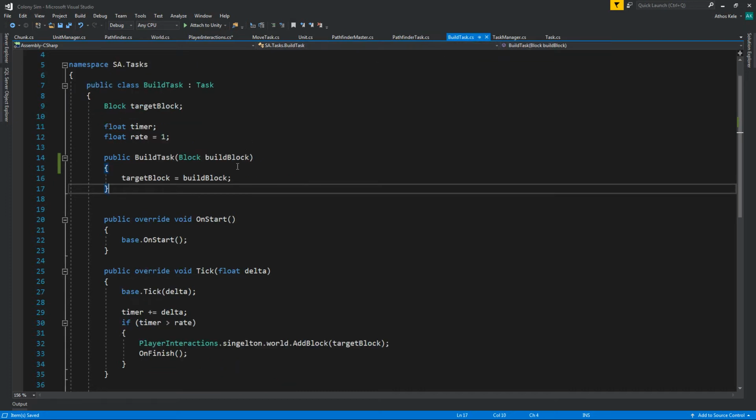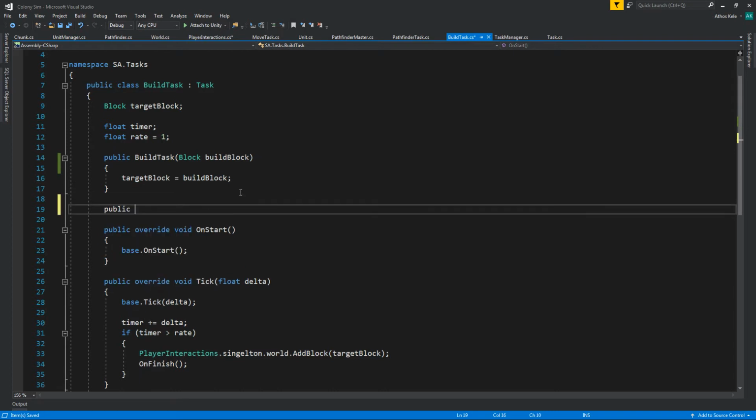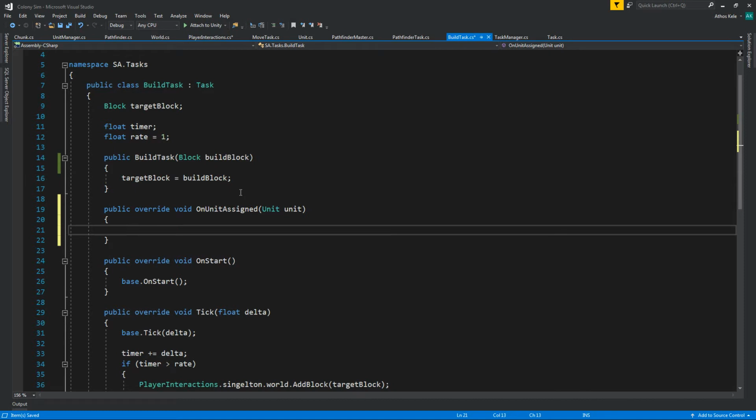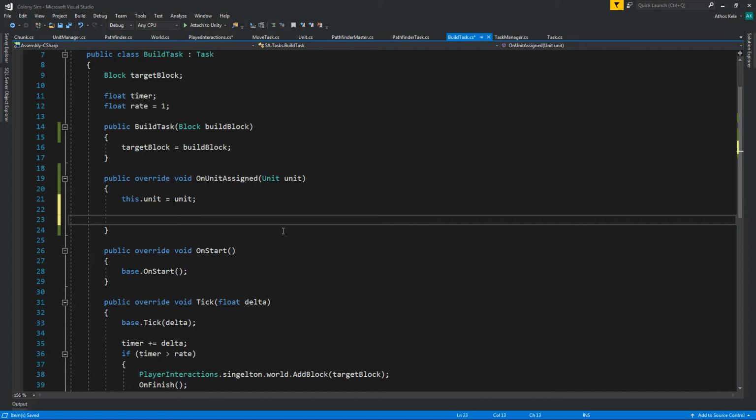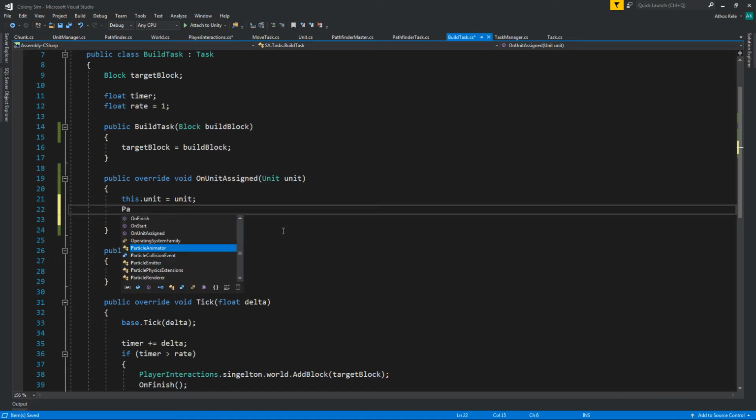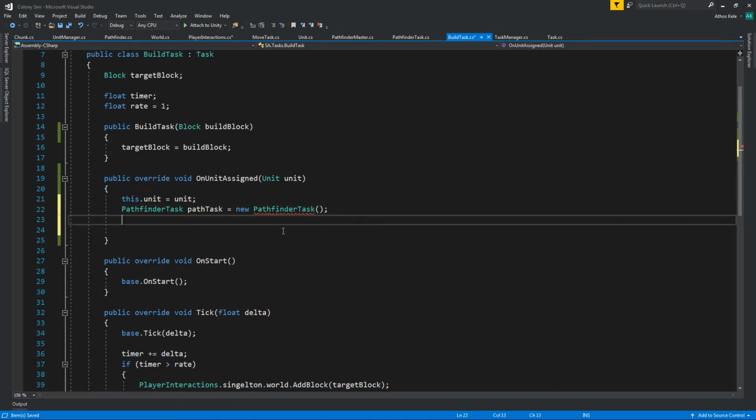Then on the build task, for example, we don't need this to be done on every other task. On unit assigned, of course, we're going to say this.unit equals unit. Then we're going to go onto our task manager. We're going to create a new Pathfinder task. Path task, new Pathfinder task. Path task dot